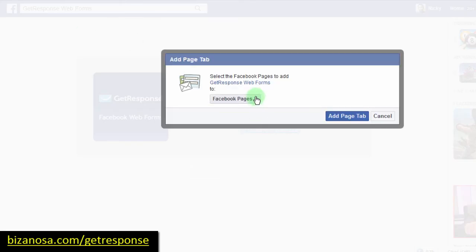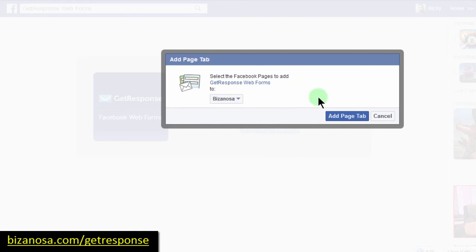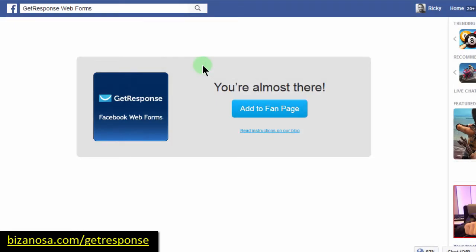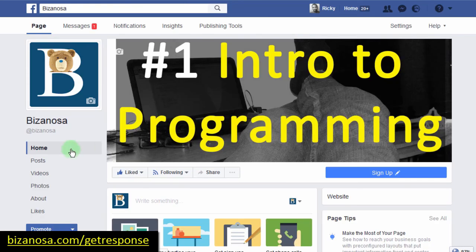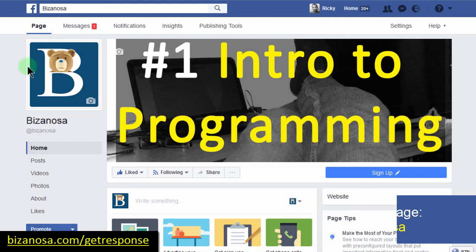And then the next step, you select a page. So I want to add it to this page. And then click add page tab. So let me go to the page and see. So if you see here, we don't have anything to do with Getresponse. So right now, if I reload,